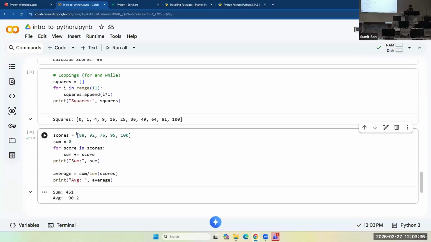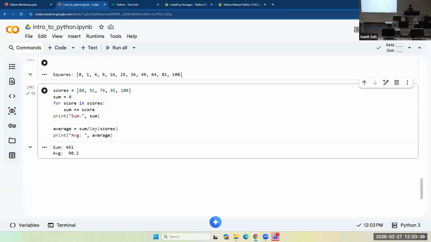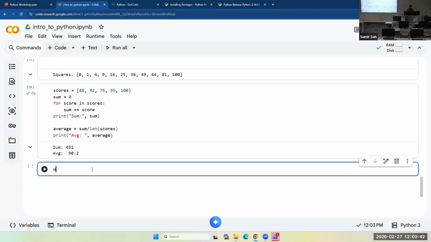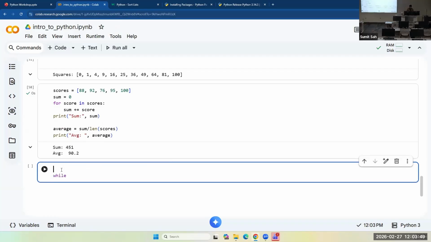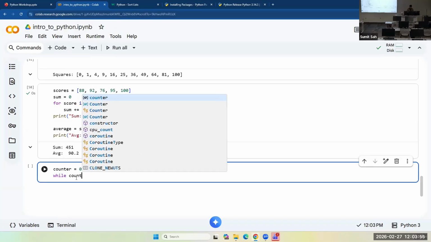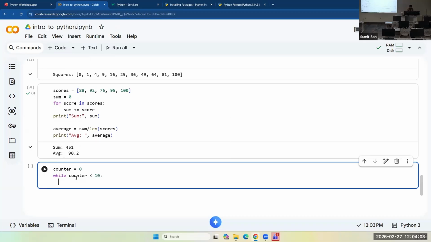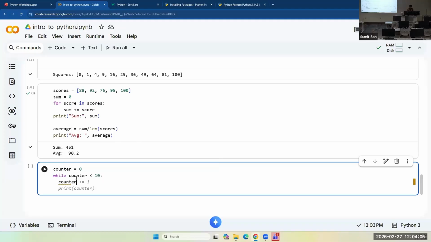And while loops are also like for loops. You just use the keyword while. So you have to start with a counter, something like counter equals 0, and then put a condition like while my counter is less than 10, I want to increase my counter.